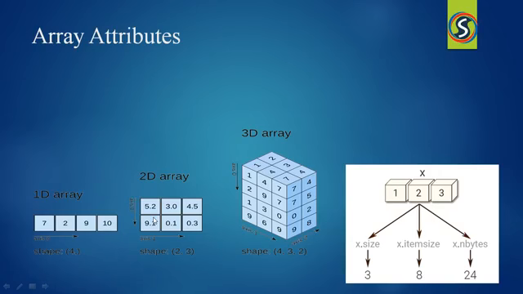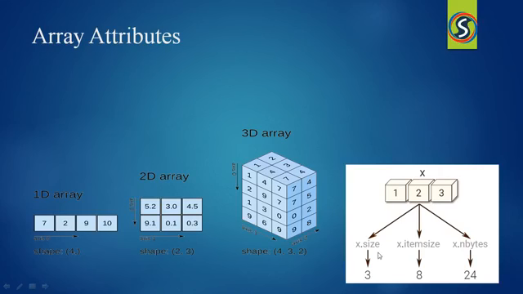And come to the second, the two-dimensional array. Whenever you find the values plotted in two directions, either x and y, or y and z, then we call that a two-dimensional array. Here the shape of the two-dimensional array is 2 by 3. And come to the three-dimensional array. Whenever you find the values plotted in the x direction, y direction and the z direction, then we call that a three-dimensional array. The shape of the three-dimensional array is 4 by 3 by 2. That means 4 rows and 3 columns and 2 rows in the z direction.